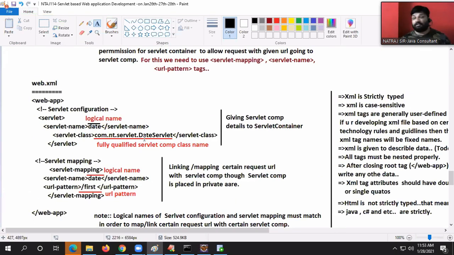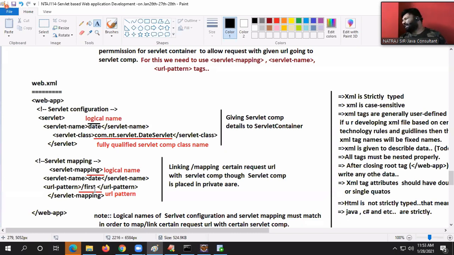Any doubts in web.xml? This is the root tag. Servlet is to write details about the servlet component. This is the logical name. This is the fully qualified class name. This is the servlet mapping. The logical name matches, then the URL pattern is mapped accordingly.